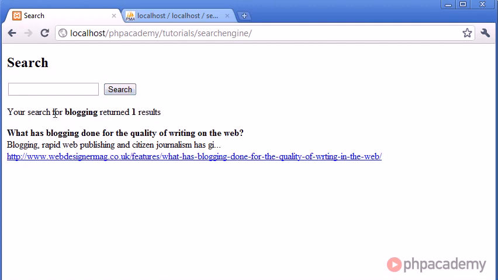We get the information here, your search for and their search term, and returned one result. That should probably be "result" instead of "results", but we can easily fix that by checking the results and then appending on an S. So I'm not going to be covering that, but that should be pretty straightforward. Then we have the title,